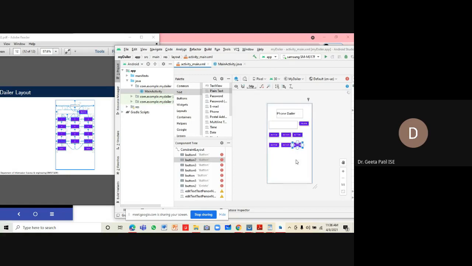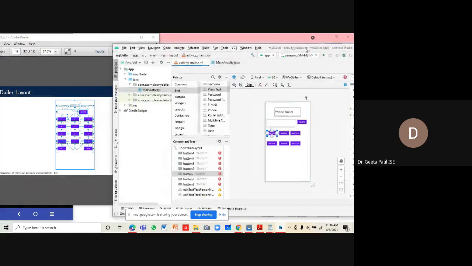Okay, all the buttons are created. Not all, we are in the process of creating them. Putting constraints on three sides.